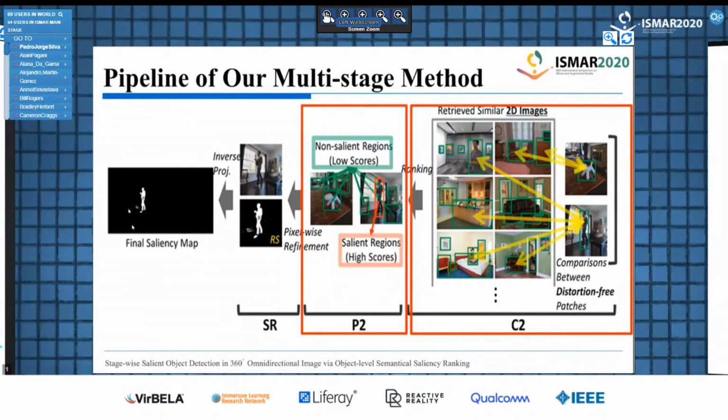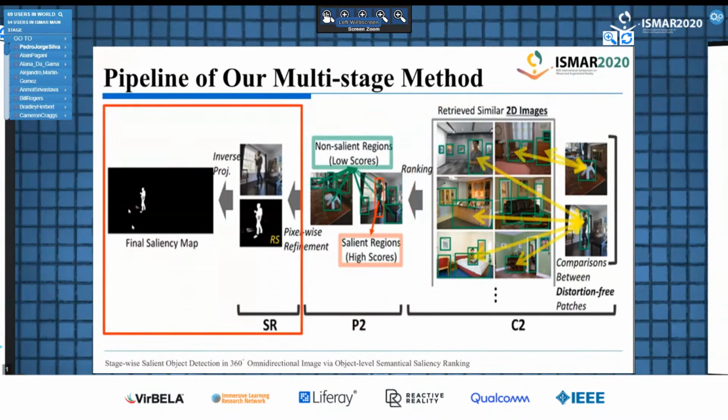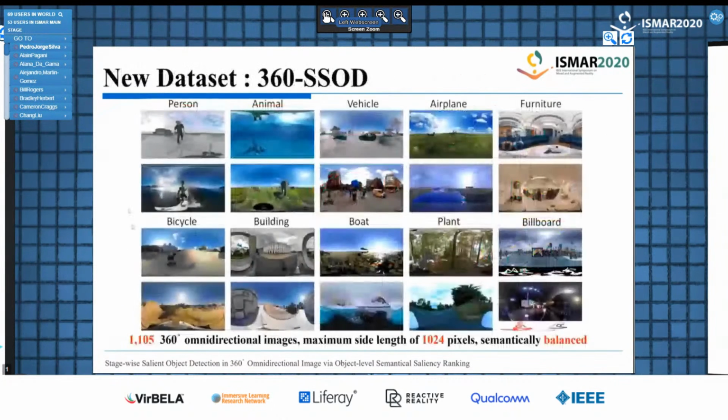After C2 and P2, we get many patches containing silent objects. We use a fine-tuned patch silent detection model to retain the silent objects pixel by pixel to obtain the final silencing map. In order to solve the problem of data shortage, we propose the novel 360-degree silent object detection dataset,